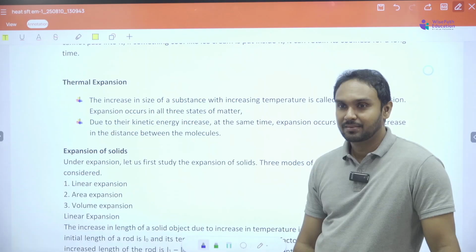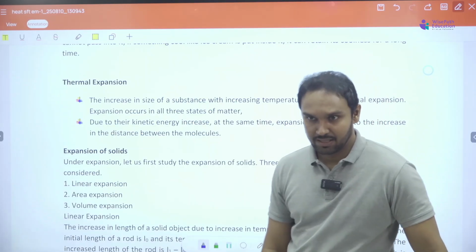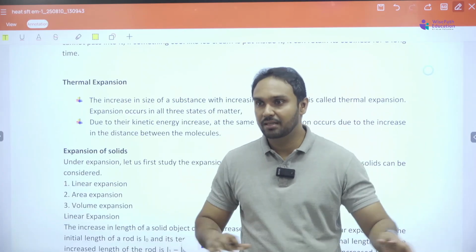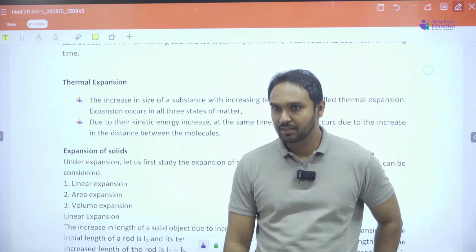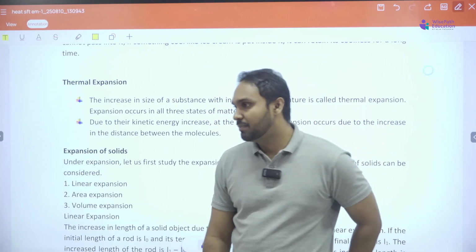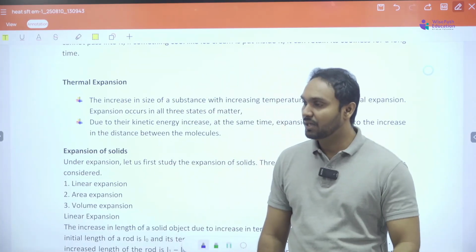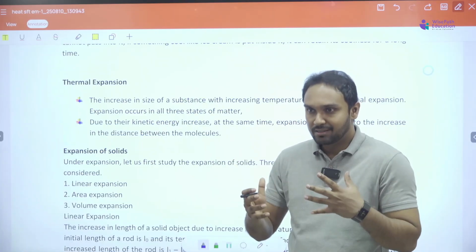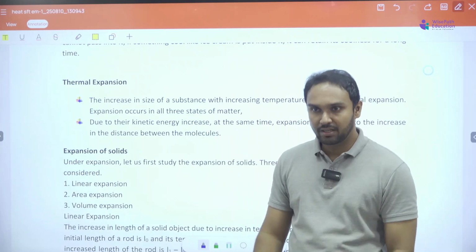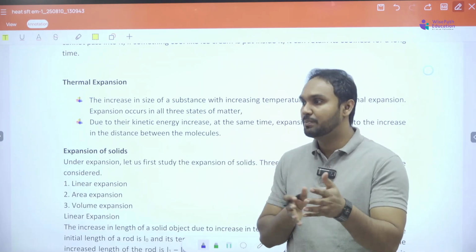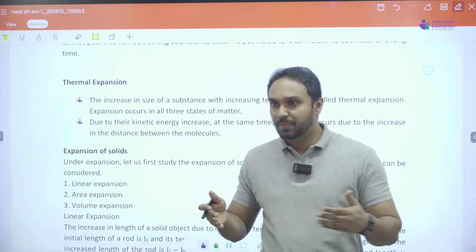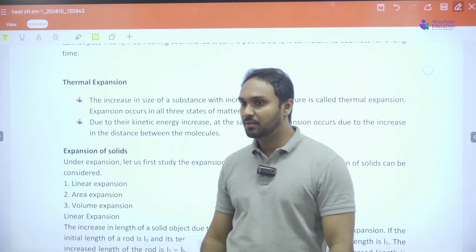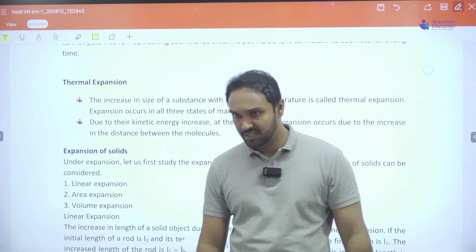Yes, because of the vibration, it takes more space to vibrate, isn't it? So it's pushing the other things away when it's vibrating. Right. So when heat is supplied to an object, the internal energy or the kinetic energy of the molecules is increasing. So the molecules start to dance rapidly, making much more space around them, making much more gaps between the molecules, making it expand. So that is how the expansion occurs, because of the increased vibration, right?